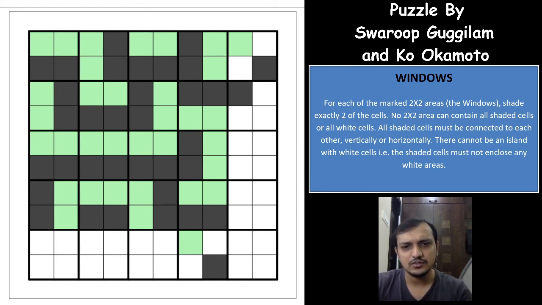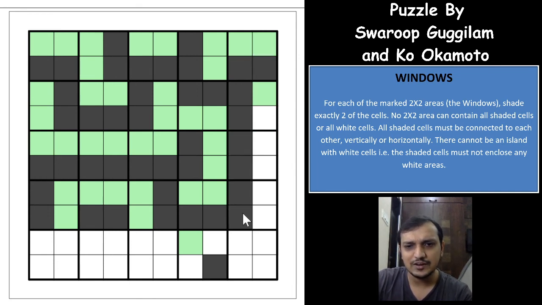Do we get anything else here? So the moment you mark this as black cell, there is no way that these both will be white cells, and there is no way that this shaded cell will touch towards the bottom of the grid. There is only one way, and we have blocked that way, which means this has to be white, this has to be black, this has to be white, and all these cells will have to be black.